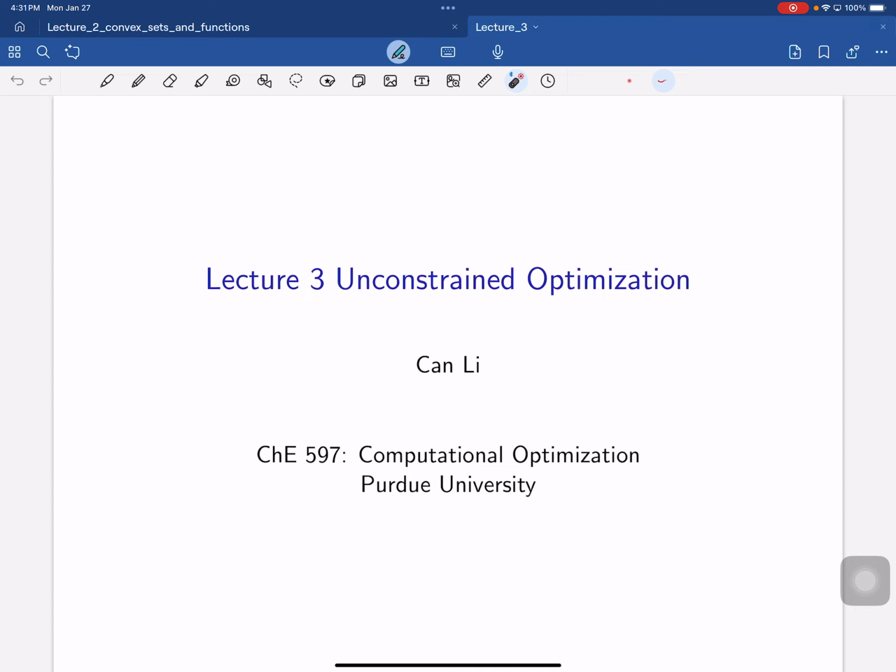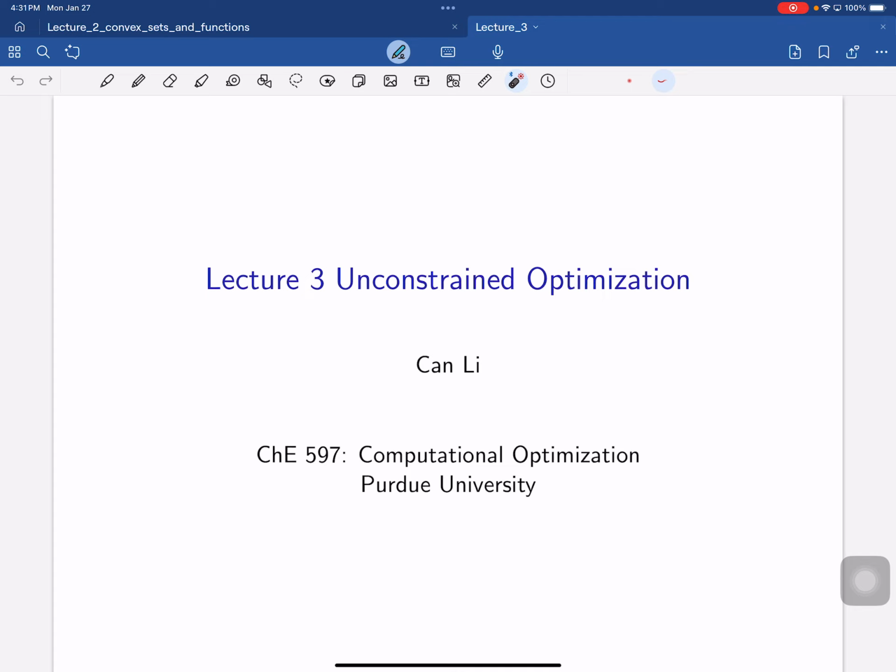And then with these properties, you can prove whether a function is convex or not. And also we gave several operations that preserve the convexity of functions and operations that preserve the convexity